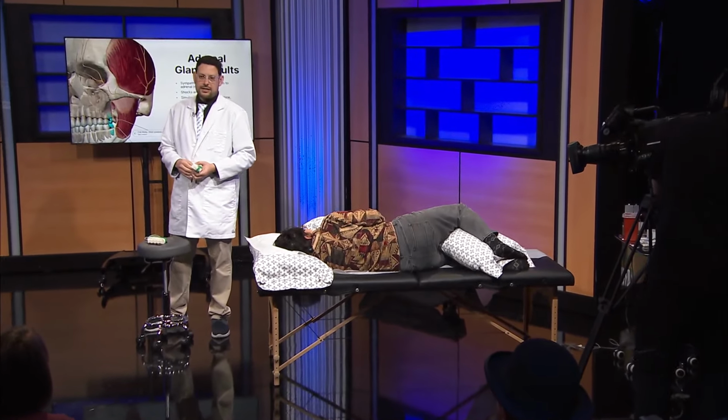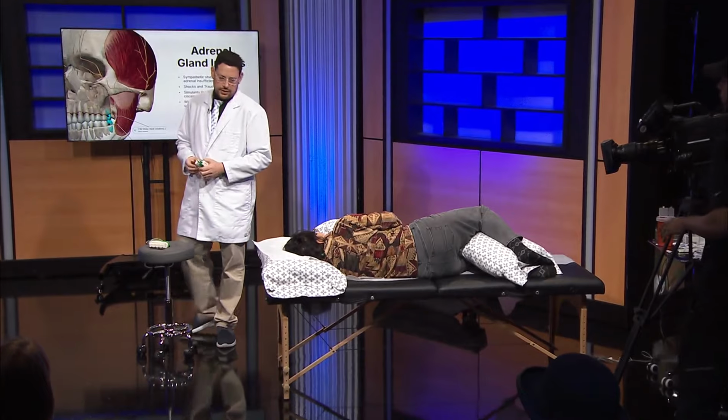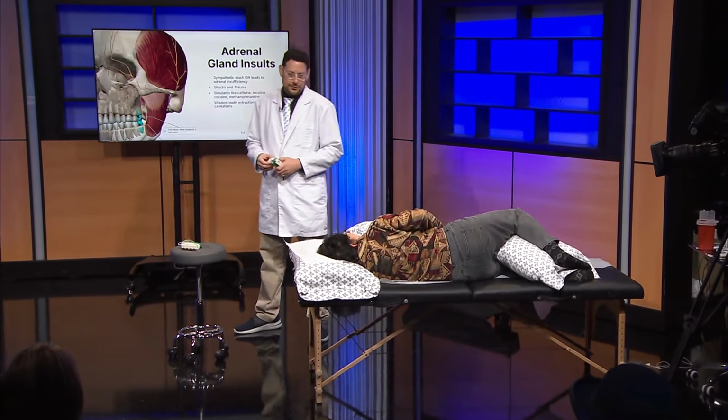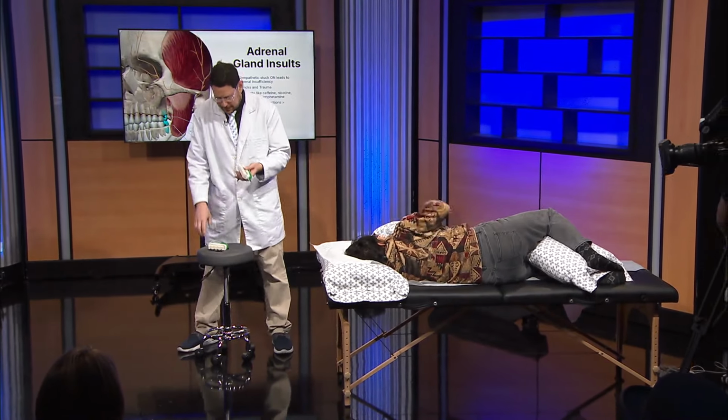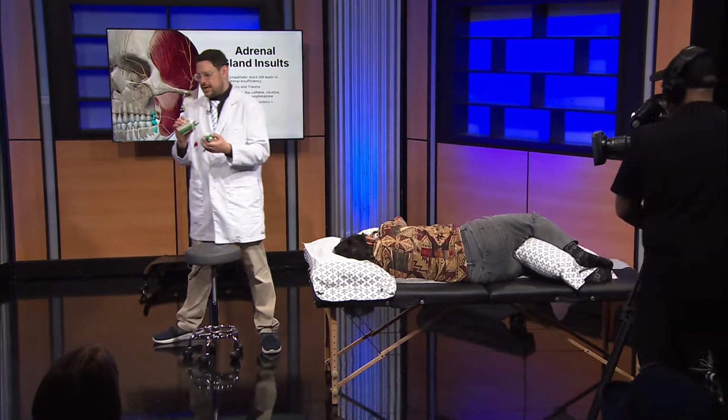So I'm going to demo an adrenal treatment. Do you know if you have any adrenal issues? She says yes. Okay, good. Now, lower voltage devices like these guys,